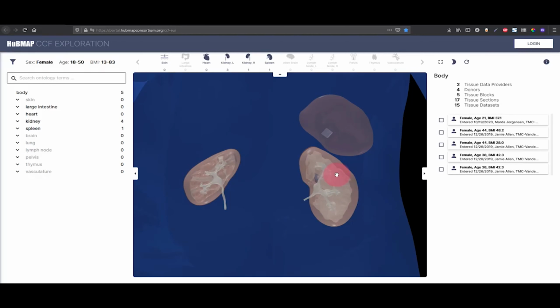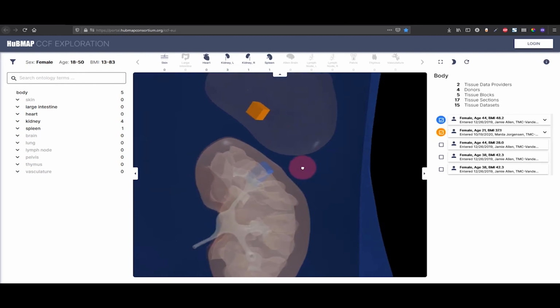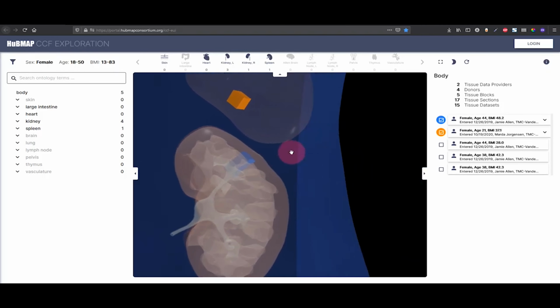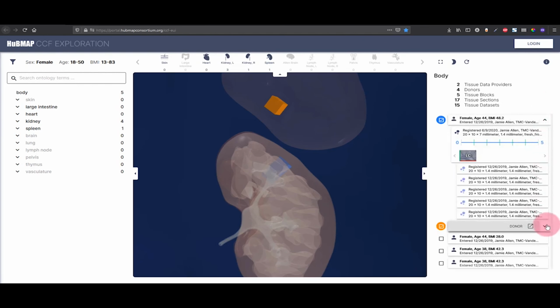Okay. So I'm going to go ahead and click this checkbox here for the first registration and this one for the second. And then we see here that these have been highlighted with orange and blue colors respectively. We can see one of these registrations. The orange one is for the spleen and the blue one is for the kidney. And then if we click on these buttons here,